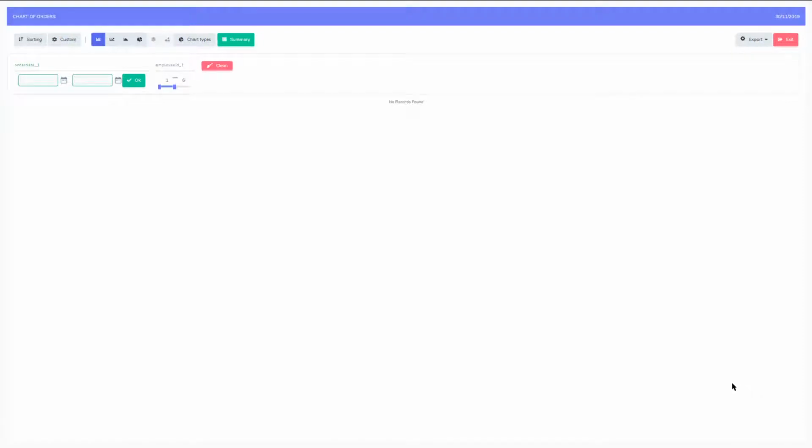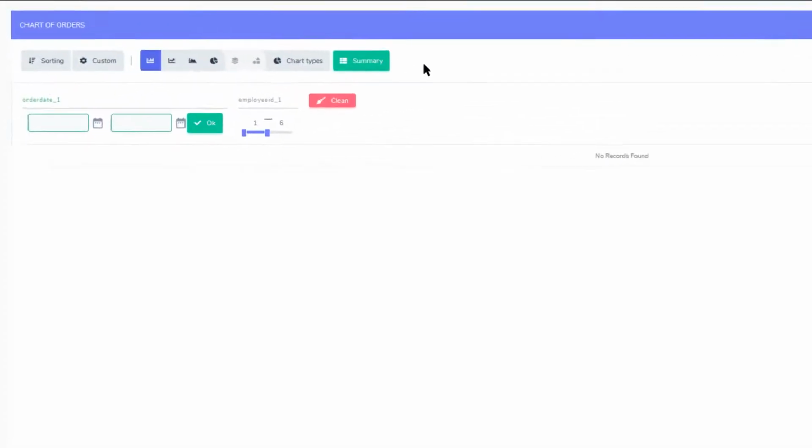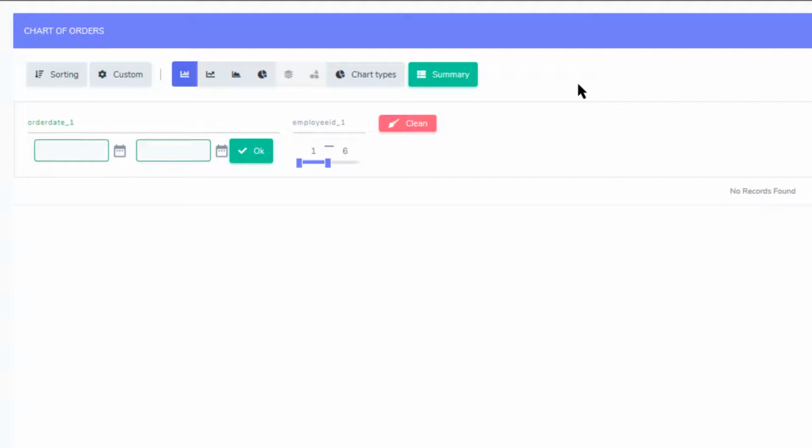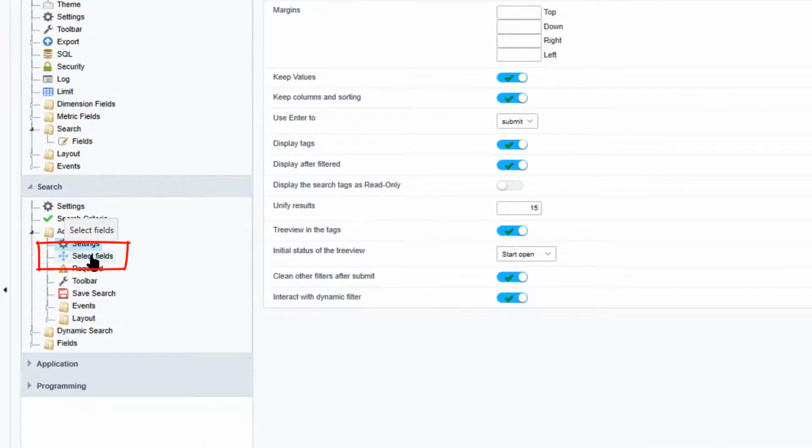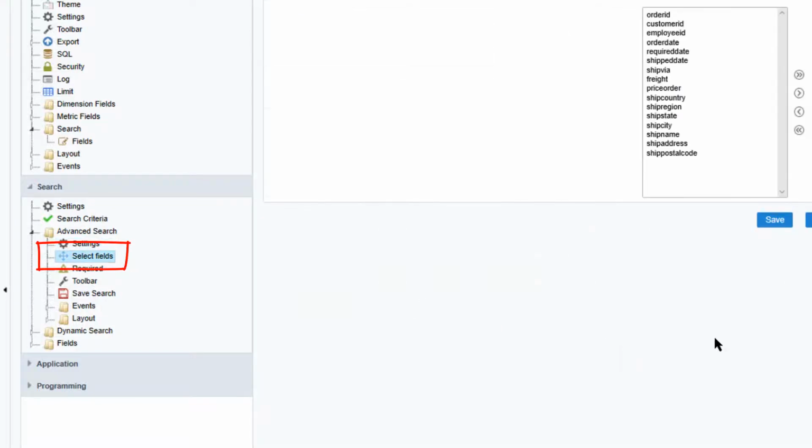And now within the chart at the moment, we only see the general chart search, which was the very first search we had looked at, and the search button is currently not available. This is because we have not applied any fields to this search yet. So if I return back to Scriptcase and then select the select fields option within the left hand menu,